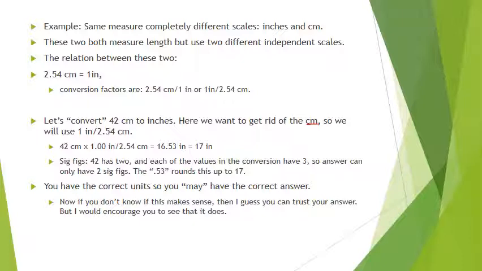Okay, so which conversion am I going to use? Well, I have centimeters, so I want to have centimeters on the bottom, so I'm going to use this one right here. So it's going to be 42 centimeters times 1 inch over 2.54 centimeters. The centimeters cancel out. So it's going to be 42 times 1 divided by 2.54, or